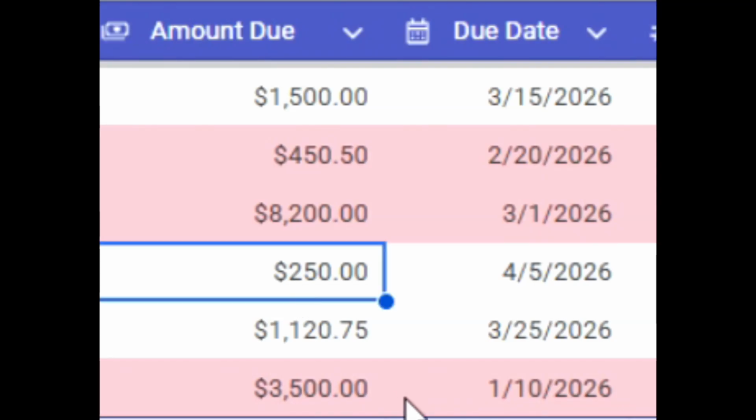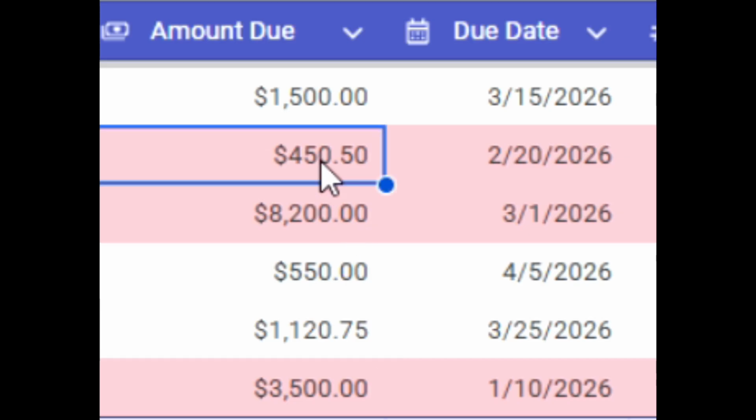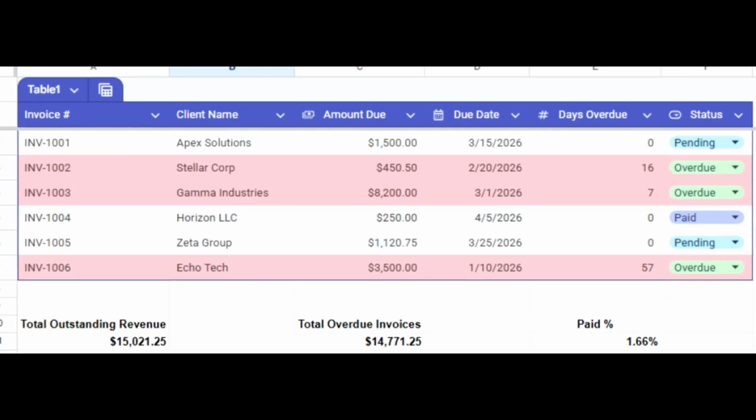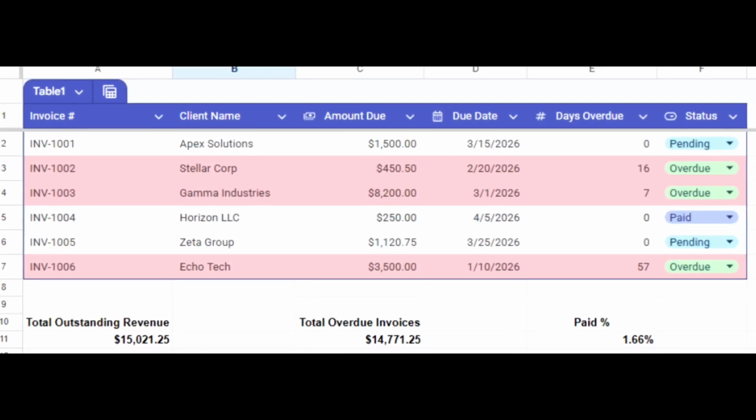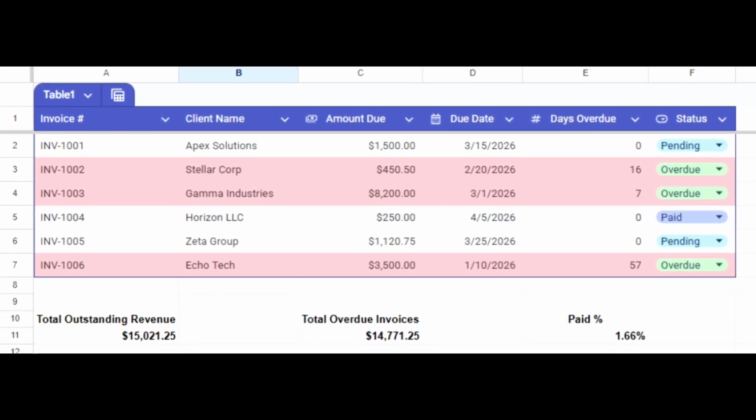Stop building your Google Sheets row by row. It's 2026. If you aren't using AI to do the heavy lifting, you're working too hard. In this video, I'm going to show you how to build a professional automated payment tracker using a few Gemini